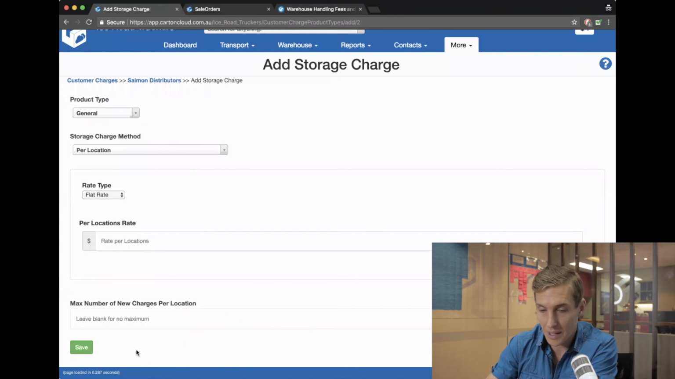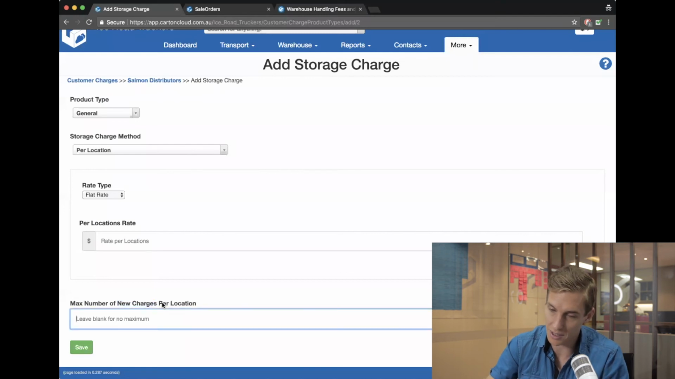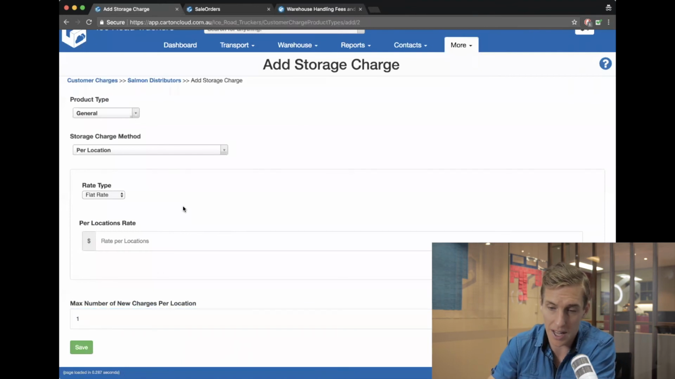When new stock is coming into the system, Cartonization Cloud detects that, and so it knows, okay, this is new stock coming in, therefore it's considered a new pallet, therefore we should charge what we call new charges per location. The other charges are called existing charges. All right, so I'm going to leave this at 1. I'm going to say I only want to charge this location 1 time for new stock coming in during a